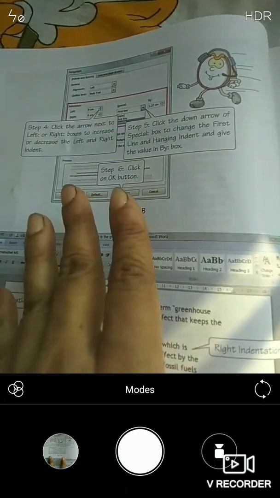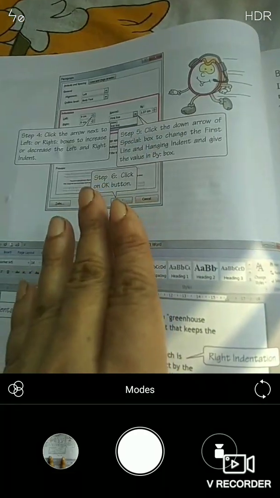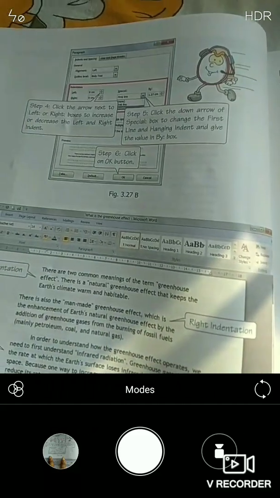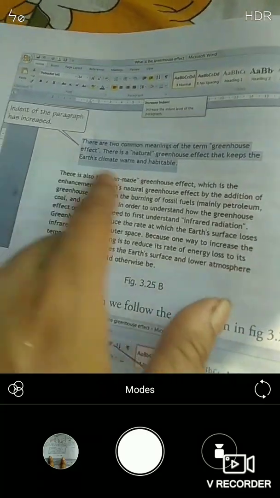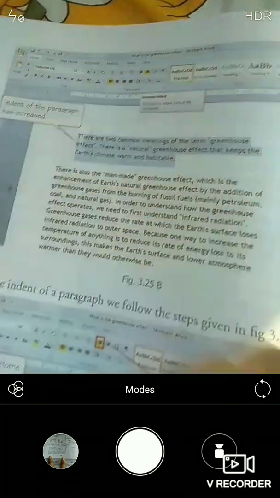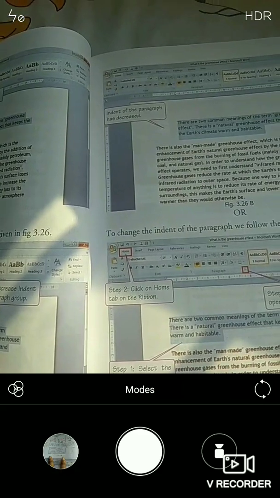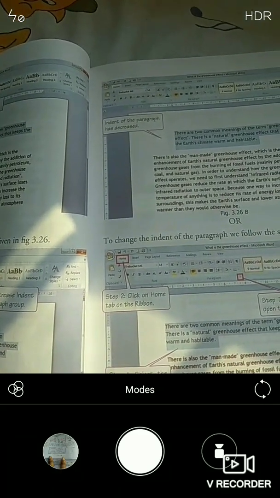I hope everything will be normalized, and we will go again to the school and continue our classes. So before that, although it is a little difficult, you still have to read it from the book, following whatever I have explained here and all the steps to do paragraph indenting and the line spacing, paragraph spacing, all the details from the book, and prepare your lessons properly. Okay, thank you.